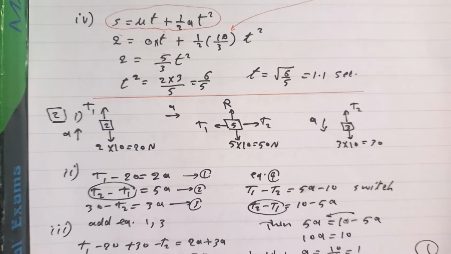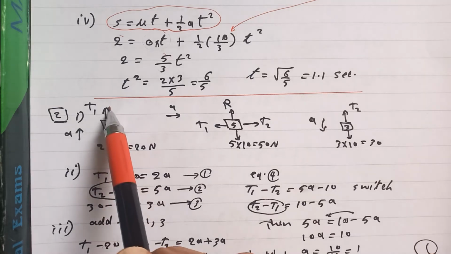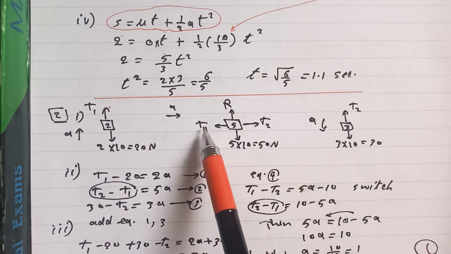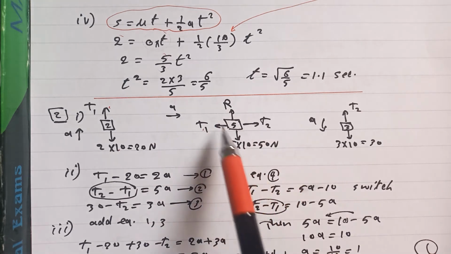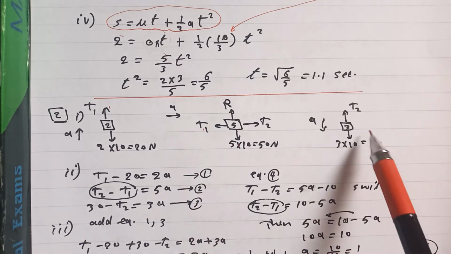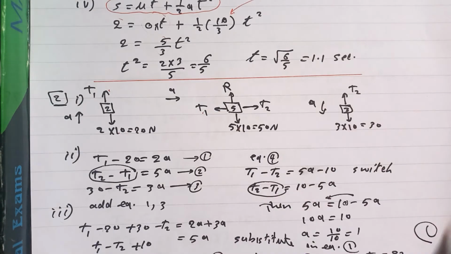I think you know what to do. This is the weight and the tension, T1. We have here two tensions, T2 and T1, and they are different, and the weight and the reaction. And for this one it is the weight and this is T2. Number 2,